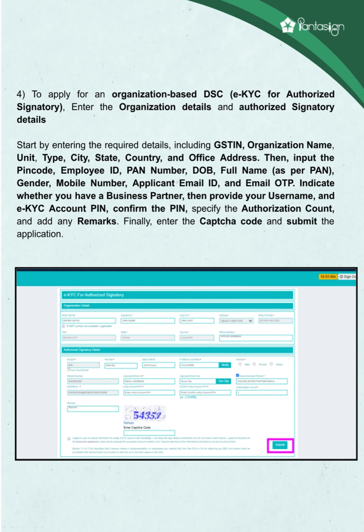To apply for an organization-based DSC, eKYC for authorized signatory, enter the organization details and authorized signatory details. Start by entering the required details, including GSTIN, organization name, unit, type, city, state, country, and office address. Then, input the PIN code, employee ID, PAN number, DOB, full name as per PAN, gender, mobile number, applicant email